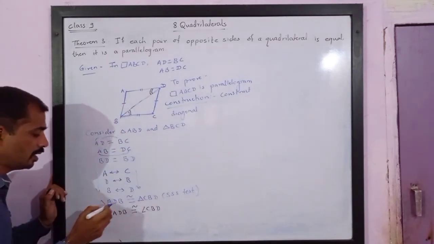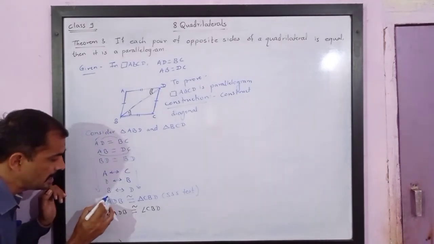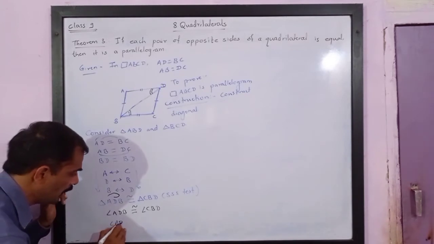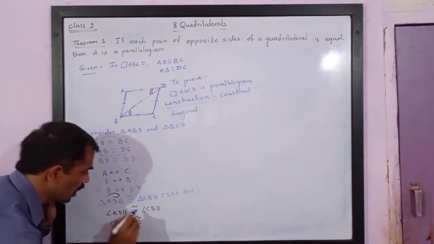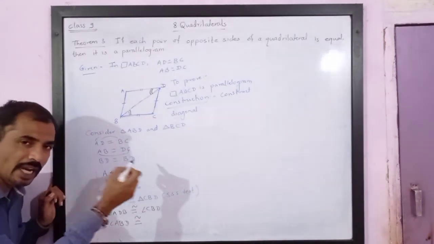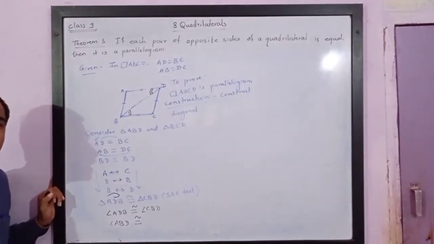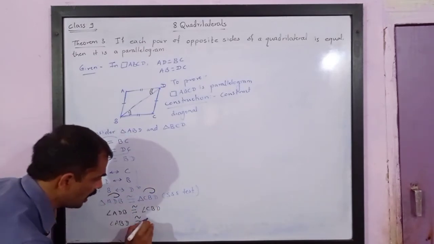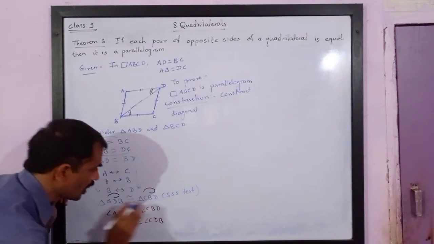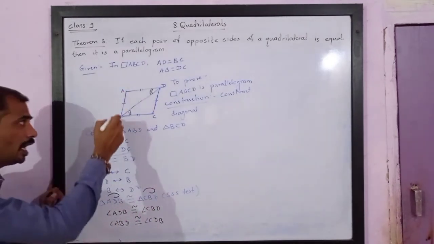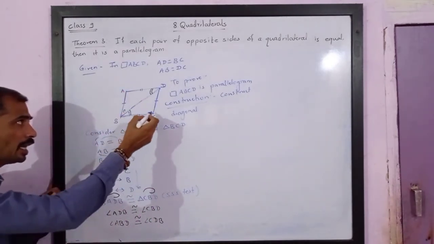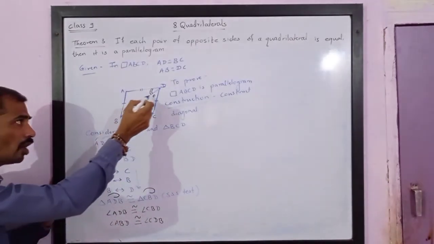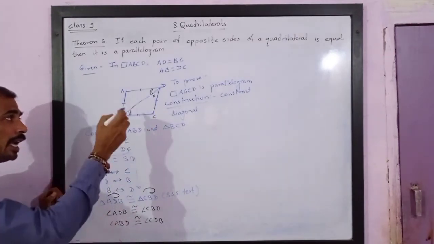Here I want angle ABD. Angle ABD is first, third and second. So I will get angle ABD is congruent to. Now see what is the order on the left hand side. Same side. On the right hand side also I have to take the vertices in the same order. First, third and second. It means I will get angle CDB. Now watch carefully what I have got. Angle ABD is this angle and angle CDB is this angle. This angle is congruent to this angle. Now again look at the figure.